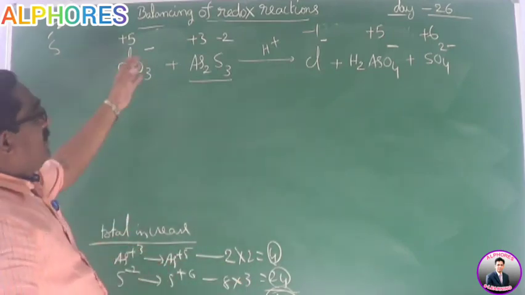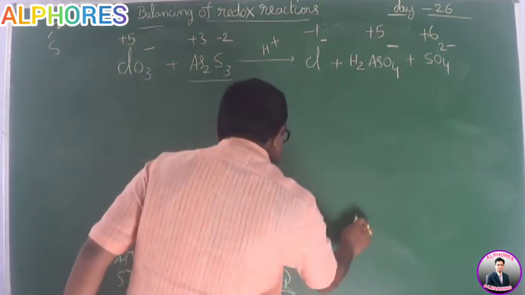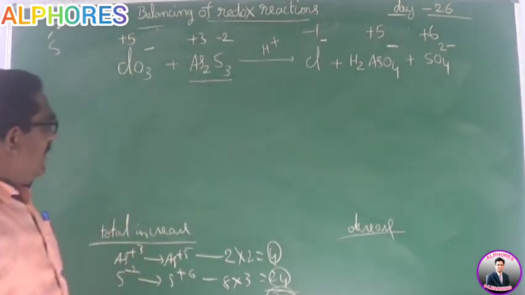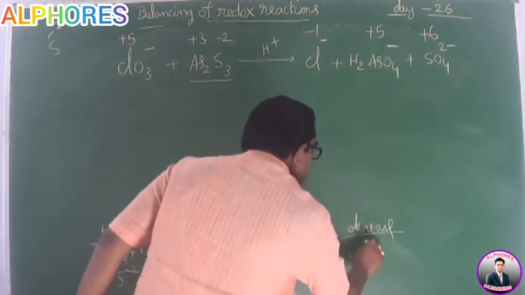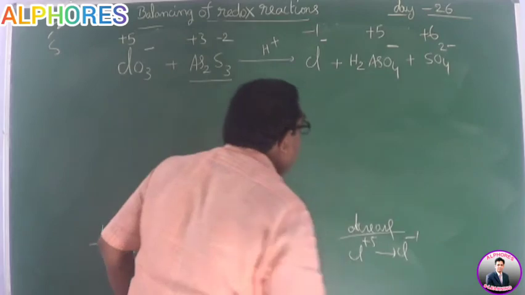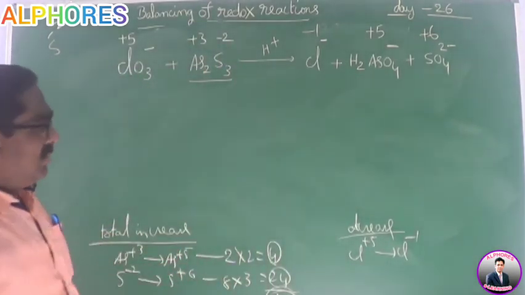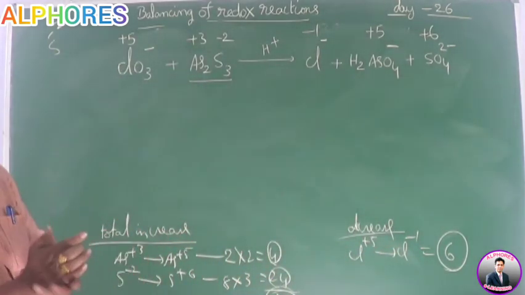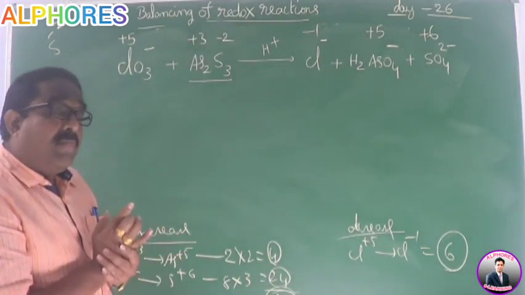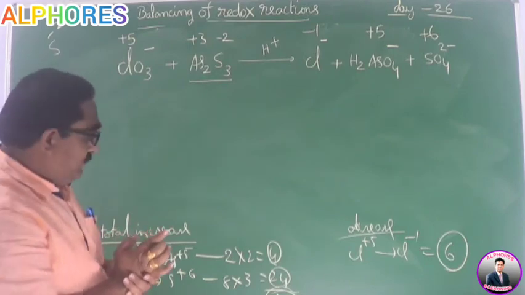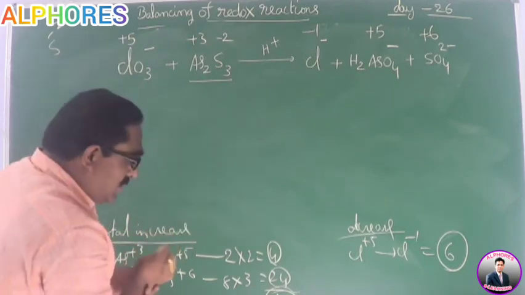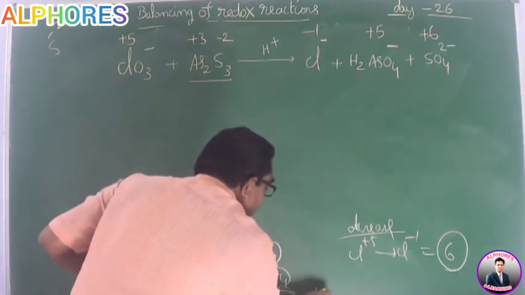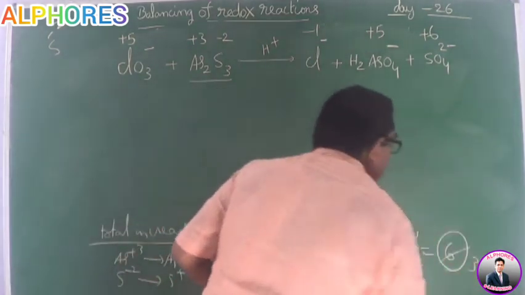Now, come to this. Decrease. Right? Decrease and calculate. Chlorine, +5 to chlorine, -1. Only one species. The change here is 6. Friends, I have already told you, if any common factor is there, you should cancel. Here 2 can be cancelled out from both. Decrease is 6, increase is 28, so 14 twos, 3 twos.